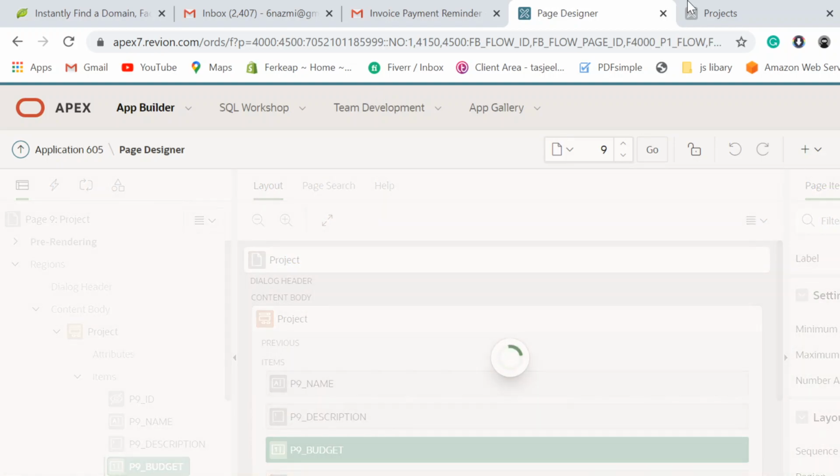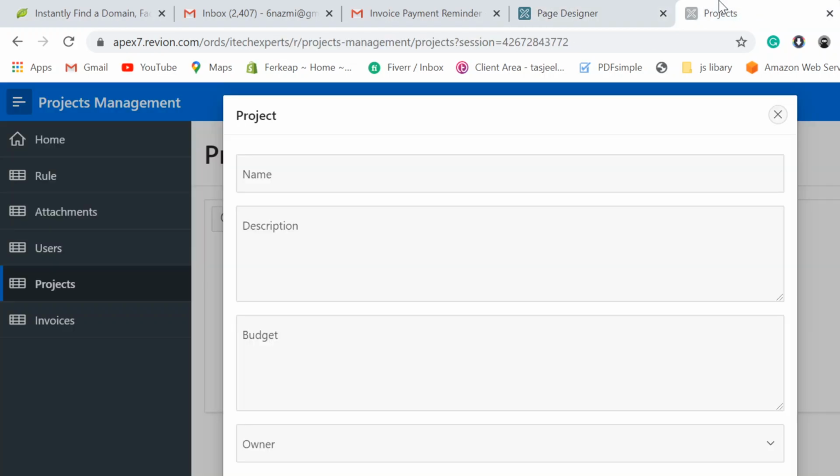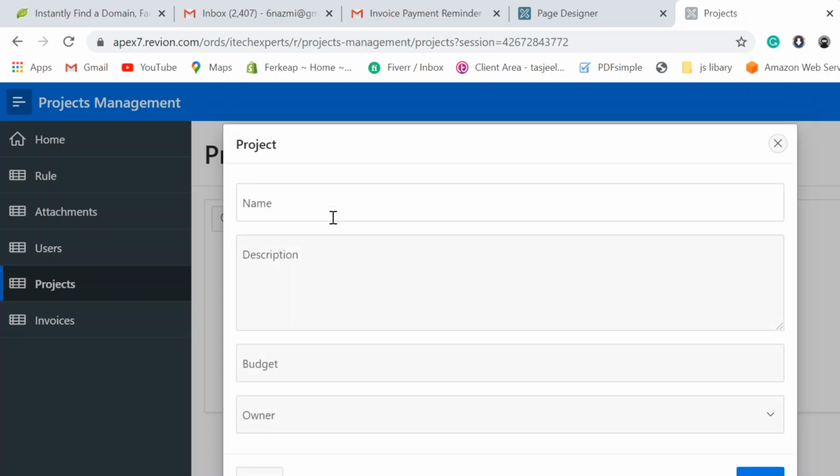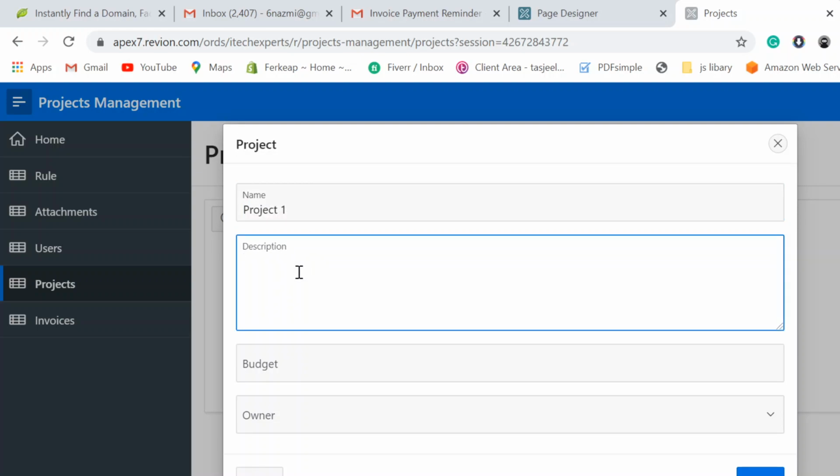So save changes. Now it creates a validation for us also for a minimum number. We cannot put a minimum number, I mean a budget less than 1000. So we'll see project one, for example, project one and description. This project